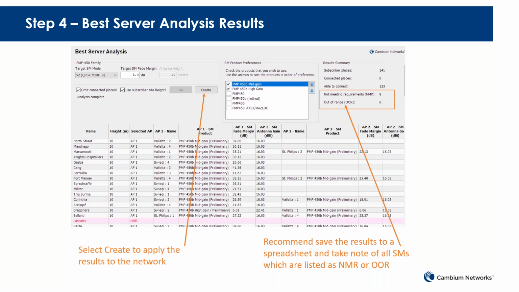Once you're happy with the results, let's just take a look at this. What have I got in this table? I've got a name of all the subscriber modules, the height, and it looks like the height here was all the same. So it looks like all of the subscriber modules were actually using 10 meters. I've got a list of which access point is best for that subscriber module, and then